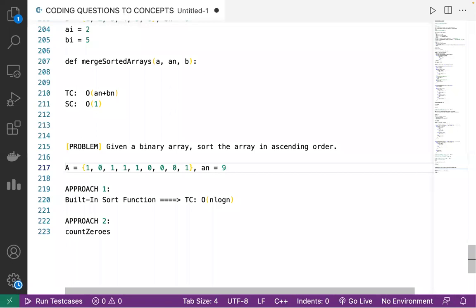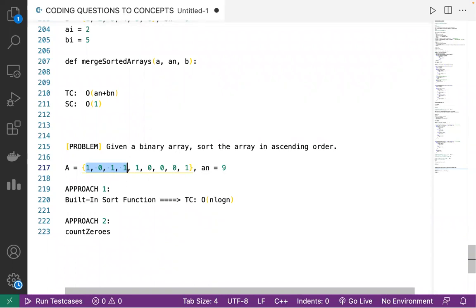Total size minus zero count will give you the count of ones. So you count zeros in the array. Once you know the count, go and overwrite the array A. 4 zeros are there. First 4 elements can be overwritten and filled with zeros. Rest elements can be overwritten and filled with